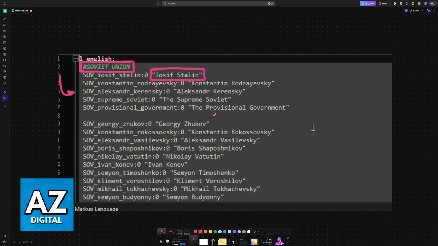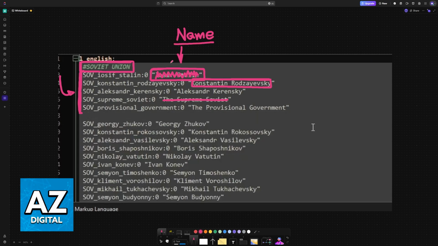If you want to change it, all that you have to do is modify whatever is written here. So make sure you don't touch anything else, only the name. You can remove specific names, specific surnames, you can add more, you can change the entire name, you can delete it, you can do whatever you want. As long as you don't modify the main values here at the left, the IDs basically, and you only change the actual name, it is going to change the display inside of the game.